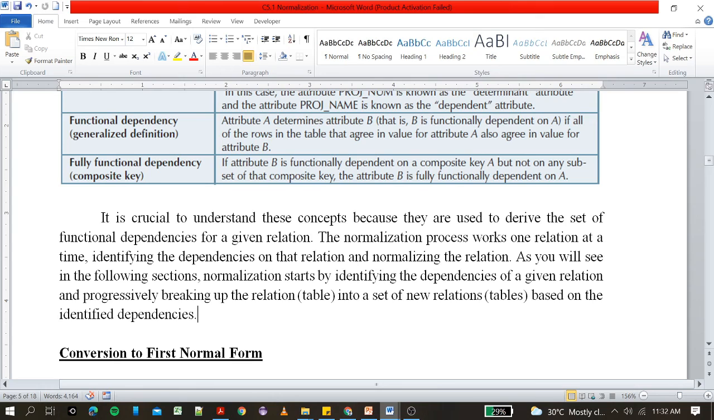The normalization process works one relation at a time, identifying the dependencies on that relation and normalizing the relation. As you will see in the following sections, normalization starts by identifying the dependencies of a given relation and progressively breaking up the relation or the table into a set of new tables, based on the identified